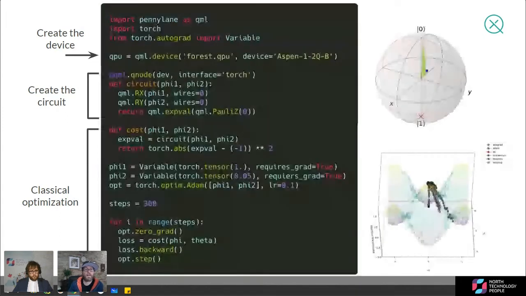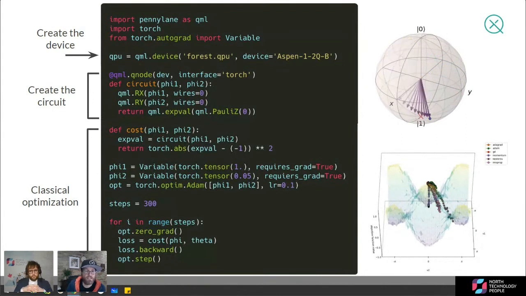So what does this look like? When we run this, the sphere up in the top right is an animation of what's going to happen as you step through these different parameters. It starts at the top at the red X, and to make this animation more interesting, partway through training we switch the target, so it's forced to change direction. The red X is the target, and the arrow is the result as the parameters train and find that target. Then we just switch the target to make it keep going and look at the next one.